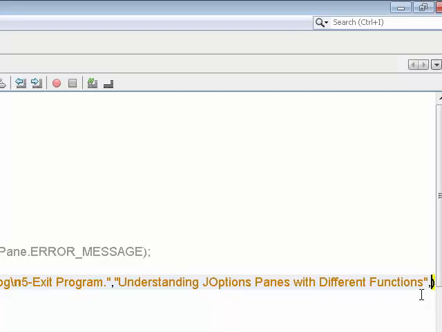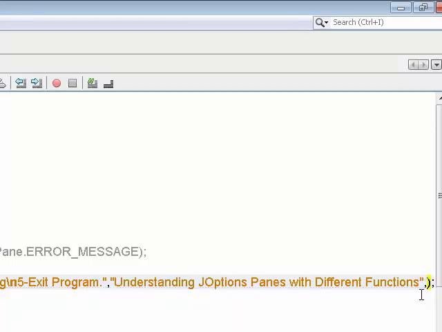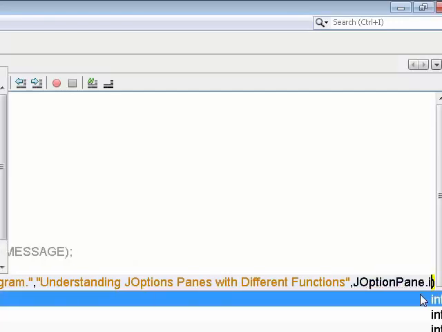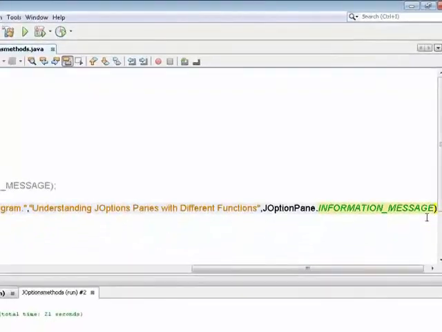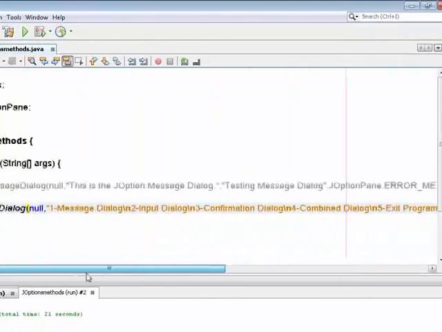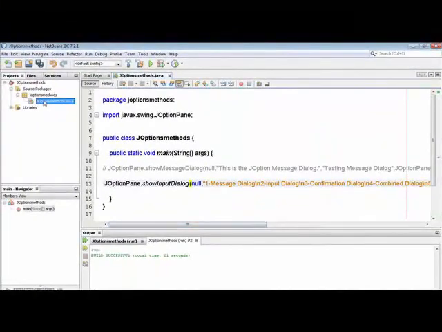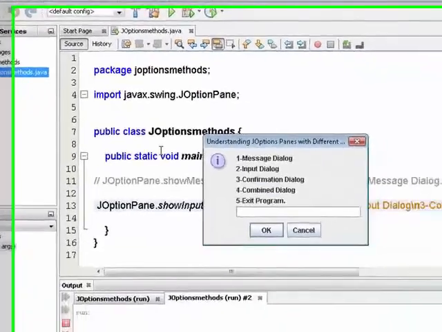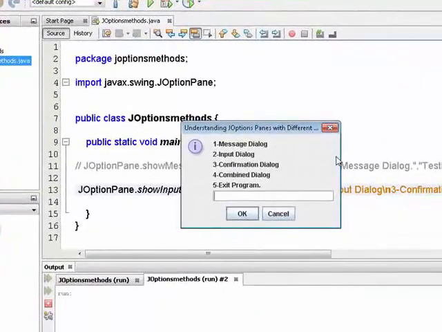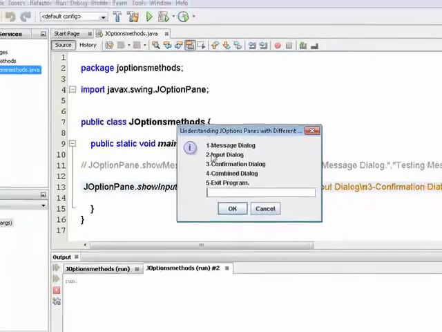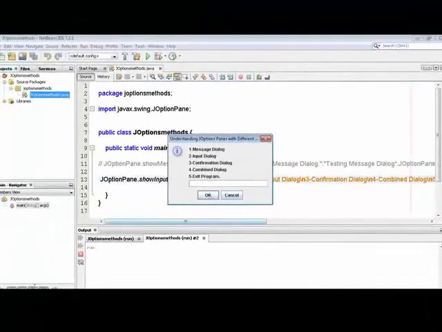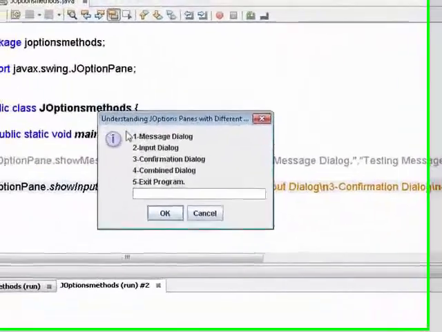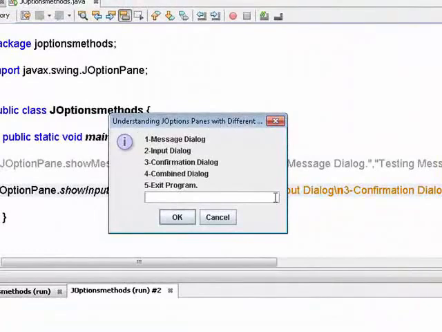And again I'm just putting the information message, JOptionPane.showMessageDialog with the information message. That's it. Now I am running this to show you what changes will take effect. You can see this becomes very short. So if you have noticed this, we can just keep the message short so that it appears only within the given area.